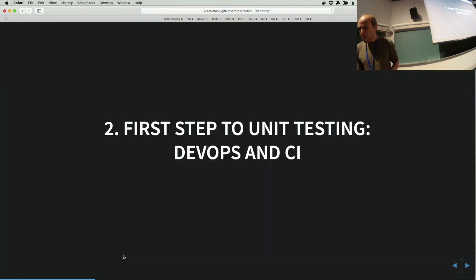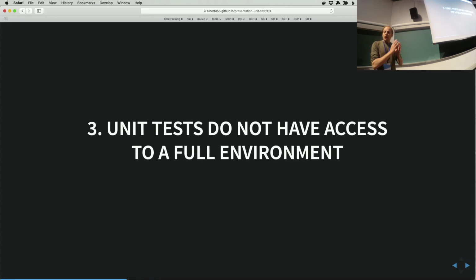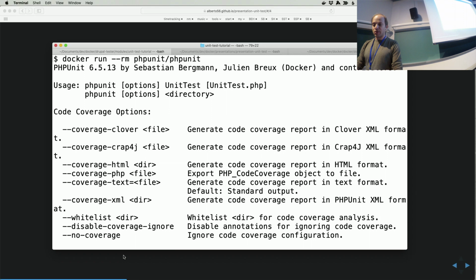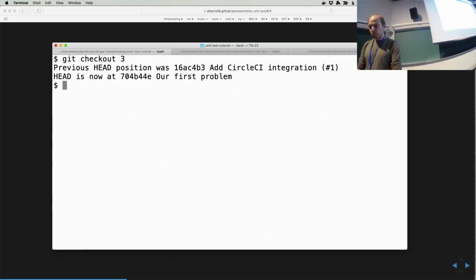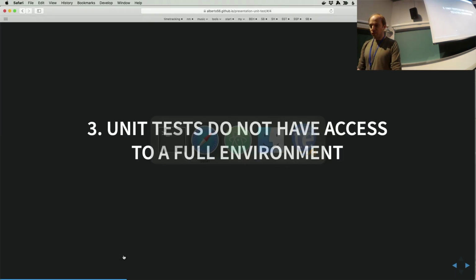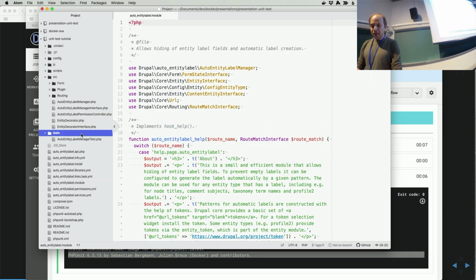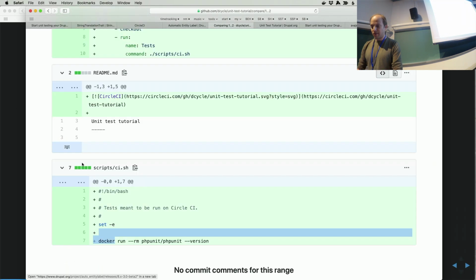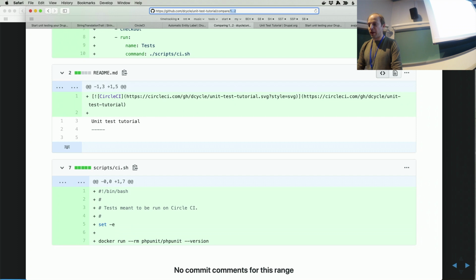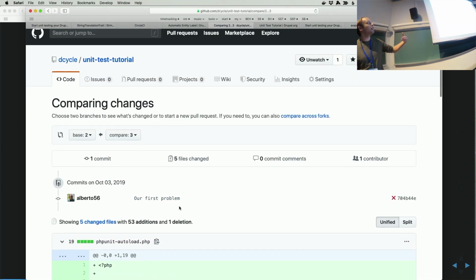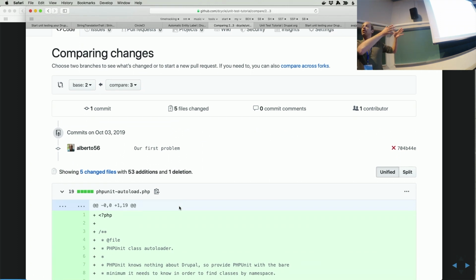So moving on. Unit tests don't have access to a full environment. Let's add our first test here and check out tag number 3. So basically what I'm doing is, I'll actually show it to you, because there are a few things that CircleCI PHPUnit needs. So this is my changes between tag number 2, in which I added CircleCI, and tag number 3, where I